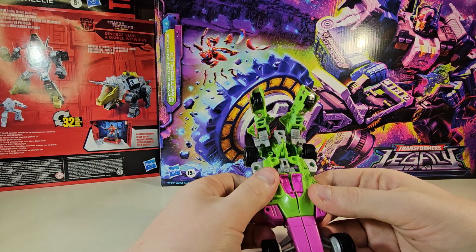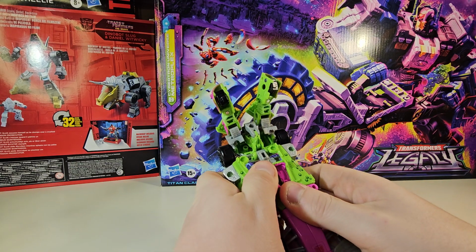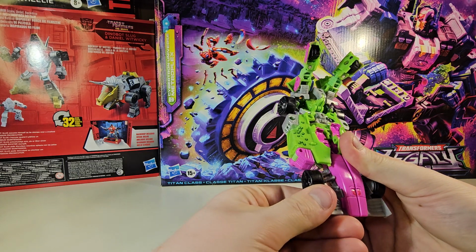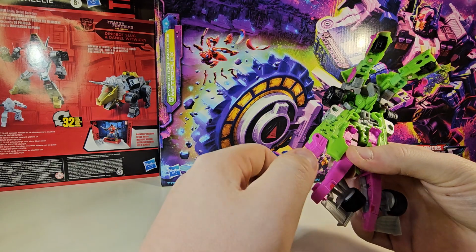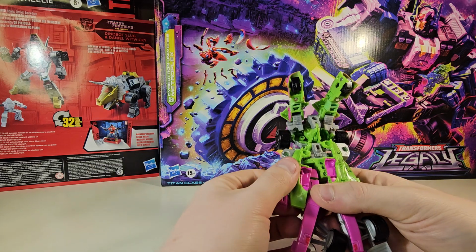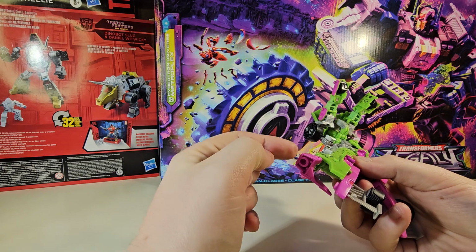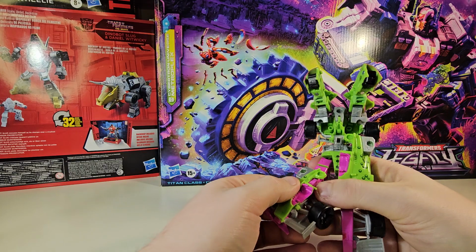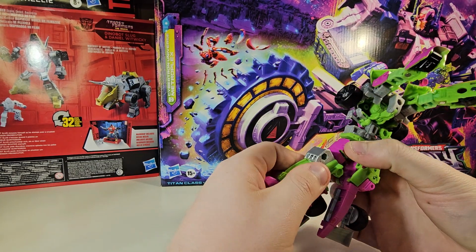Then you're going to come down to these sections here. And these ones on this version of the figure are really tight. I couldn't tell you why. You're going to loosen them up. Then you're going to take this, unsplit it. Going to bring this, rotate it all the way around. I'm going to remove my Tonka cat hair from the figure, and then we're going to bring this leg section down. But before we finish it out, we're going to take this foot section, bring it down, and basically make sure everything's secure, and then going to